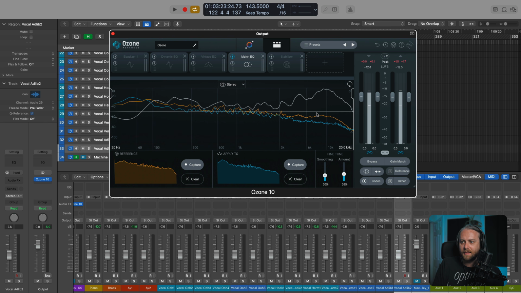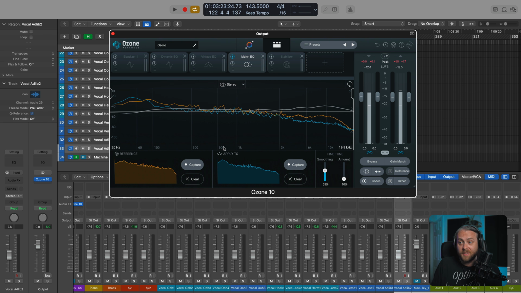Or I can do the opposite. I can say I really love the low end of my reference, but I don't really love the top end that much, so I'm going to go like this. It's up to you, and you can really customize it and smooth that average curve here and really bring in a lot or a little bit of that track. If we have it at 0, we're not bringing anything in. So it's really up to you how you want to fine tune and work with this matching technology.